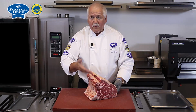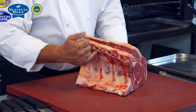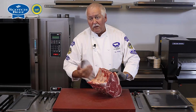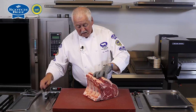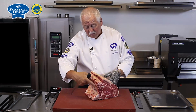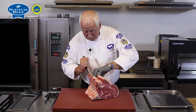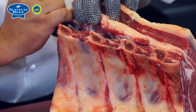There's two ways of boning out meat. One is to take those bones out individually, which is time consuming and a little bit more care has to be taken so we don't damage the meat underlying the bone. Or the second term is to sheet bone, which means we're going to take all the bones out in one sheet. And to do that, we just run the knife at the back of the ribs, keeping the cutting edge close to the bone,